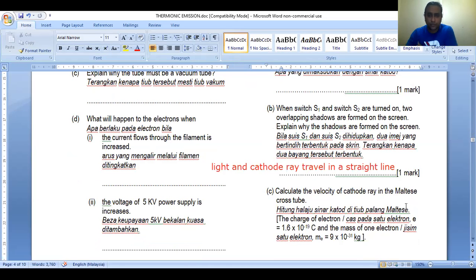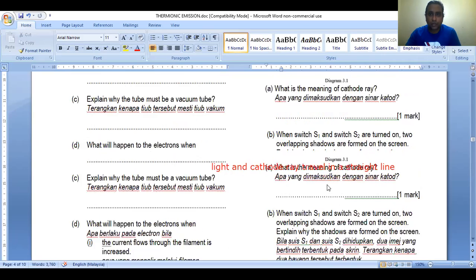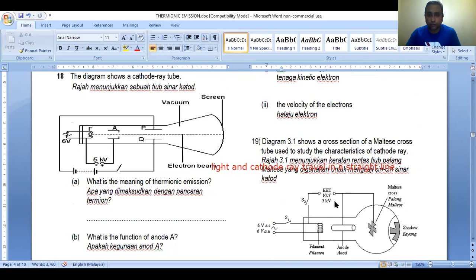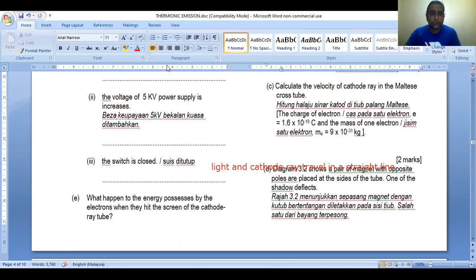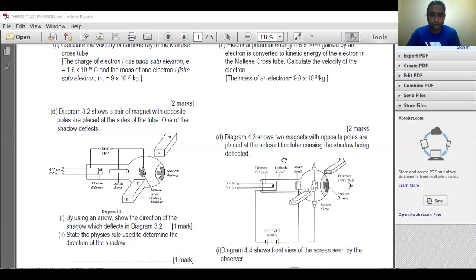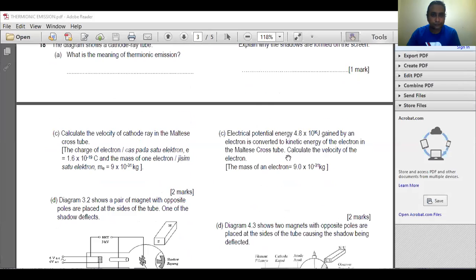Okay, next. Calculate the velocity of the cathode ray in the Maltese cross tube. So they give you the charge, they give you the mass. Okay, now the voltage of the anode here is 3 kilovolt. This is the voltage of the anode, not the filament voltage. Anode is 3 kilovolt, 3000 volt. Okay. So for this one we can use